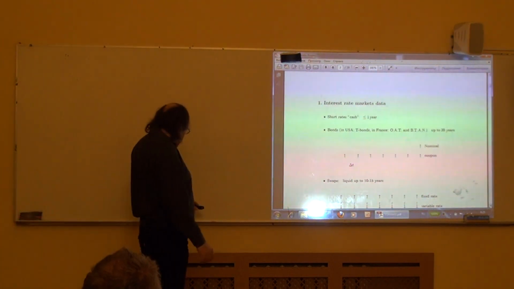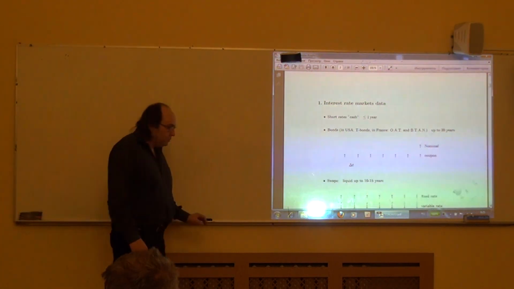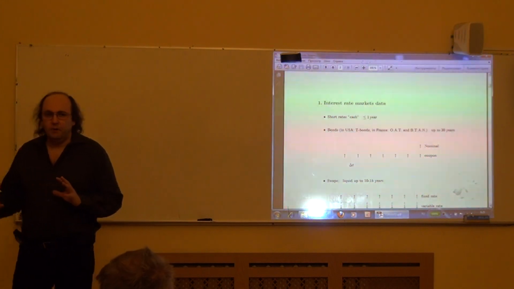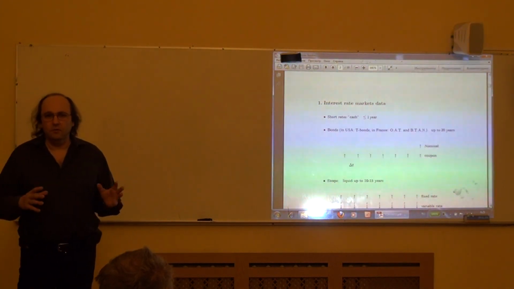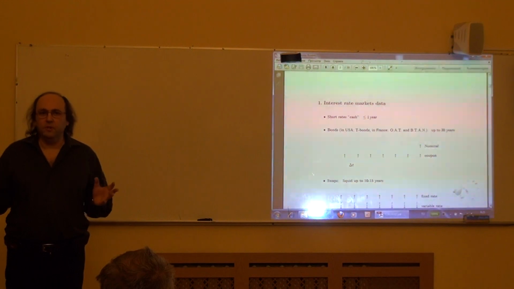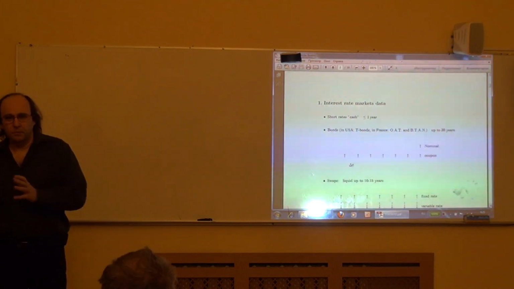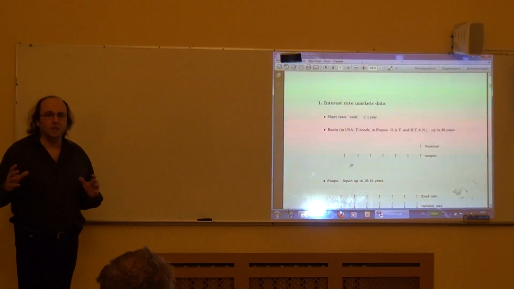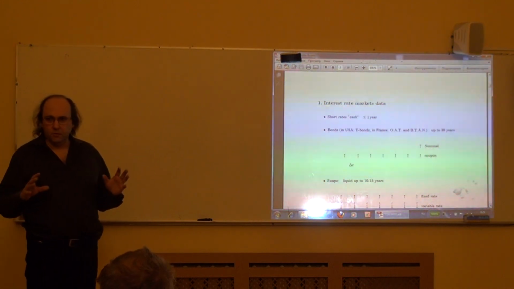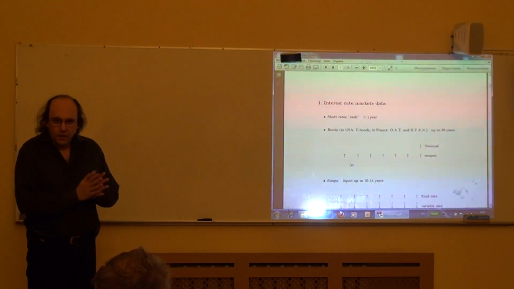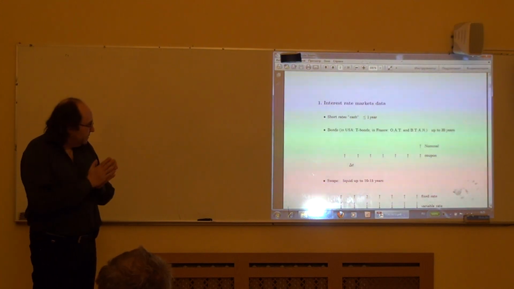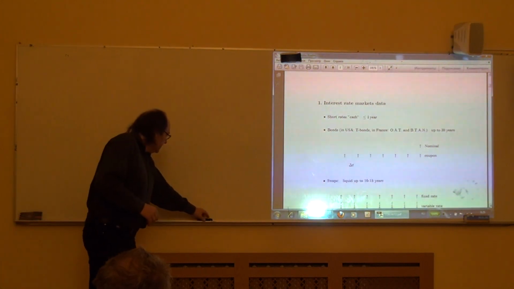And the reason why I went to infinite dimensions, so I don't know how many of you are familiar with the Heath-Jarrow-Morton or the BGM, Brace-Gatarek-Musiela framework for interest rate models. But basically,